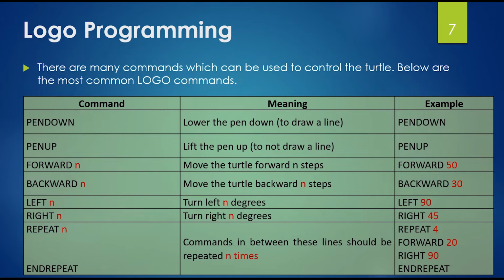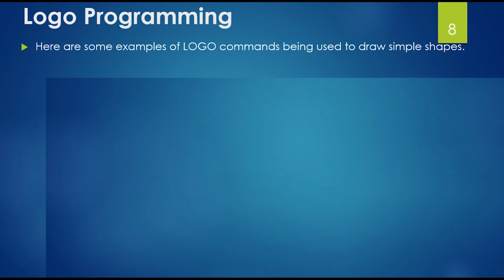For example, if you have a command that is continuously repeated a number of times, as you can see here, repeat 4. So what does that mean? It means that these commands, forward 20 and right 90, are being repeated 4 times, and repeat it ends the process. So we are now going to see some examples of logo commands that are being used to draw simple